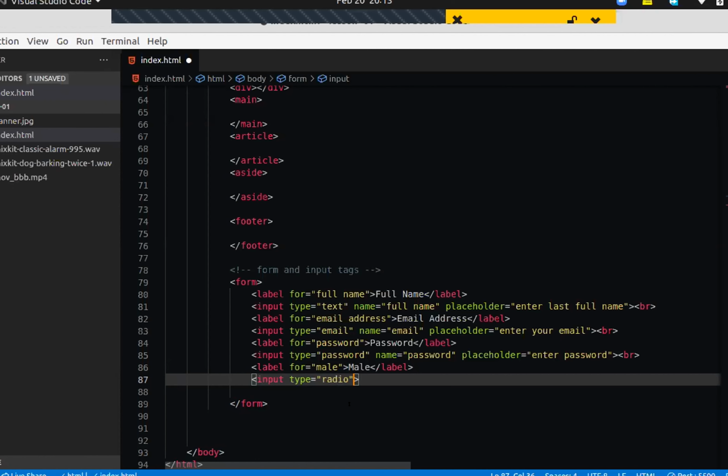And the next set of attributes. So the name here is going to be gender, not male or female. The name here is going to be gender. And